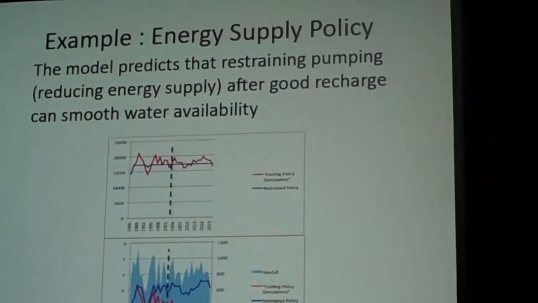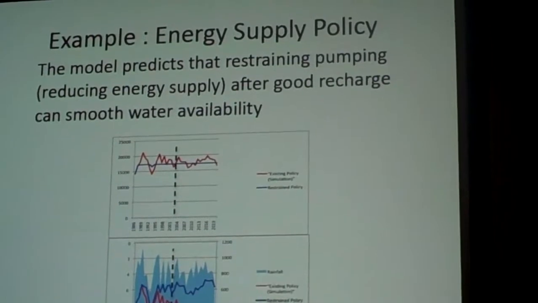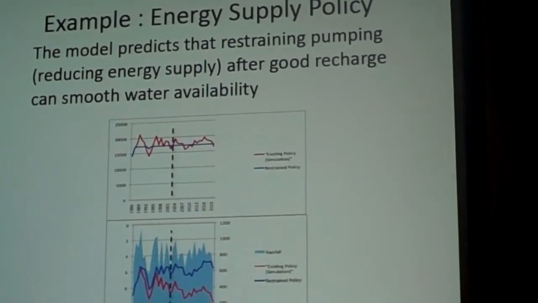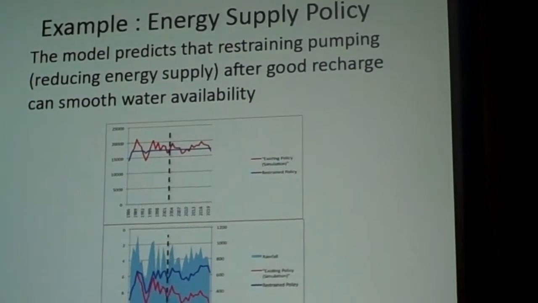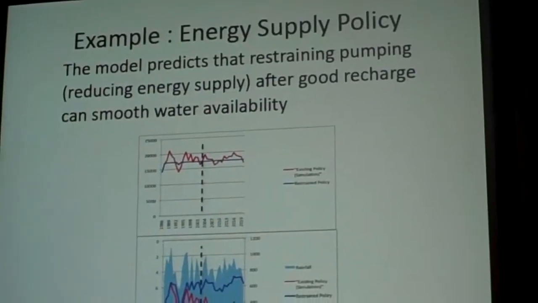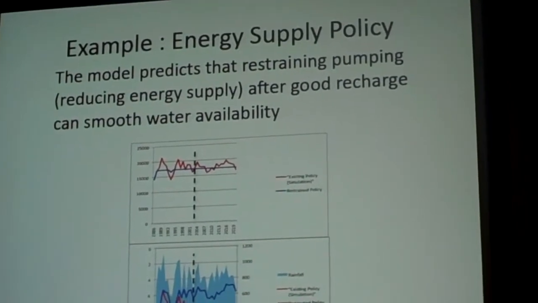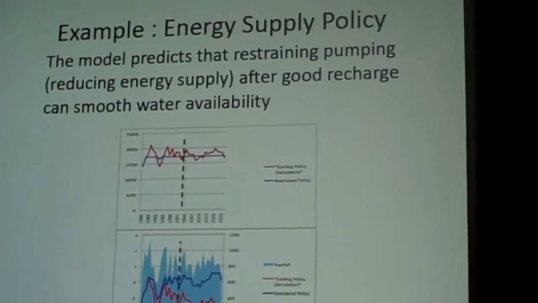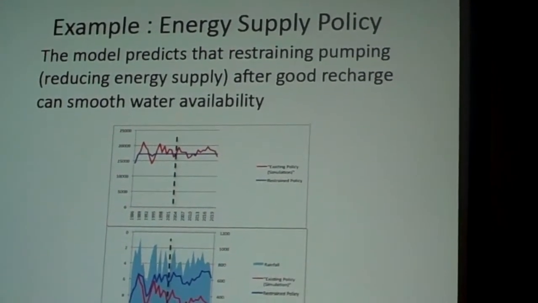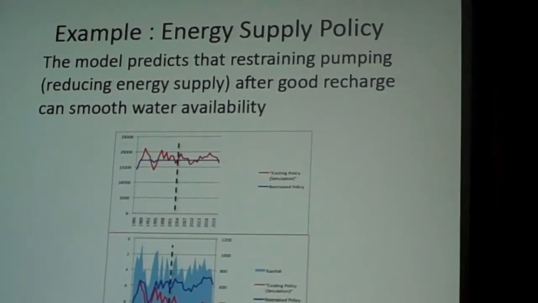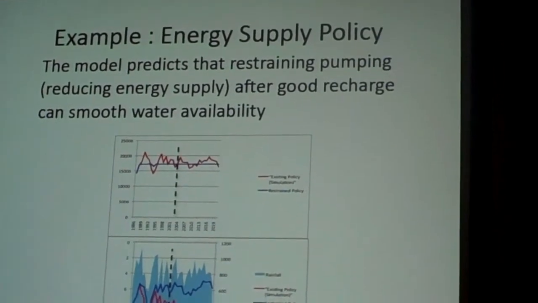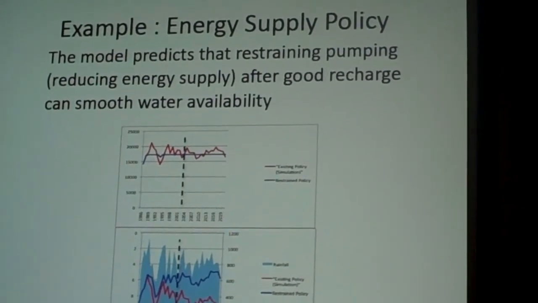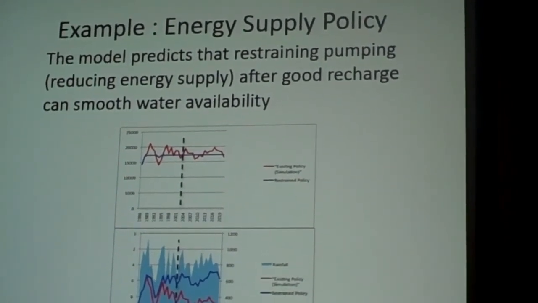So the red is the existing policy, constrained by real historical rainfall up to the dotted line, and then, for example, this is an example of a random draw of precipitation afterwards. And you see that if we pursue the regular, existing policy, there is a lot of variability. But if we restrain the amount of water we take out of the aquifer every year, we actually are able to avoid some of the shocks, the dips in irrigated area. We don't sometimes get as high. We don't get the high irrigation after a wet year, but we avoid some of the shocks, which is probably favorable. So think